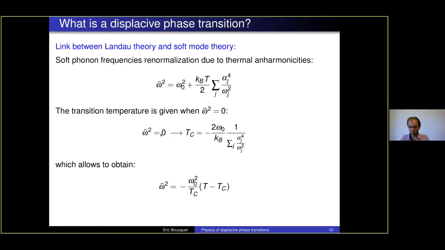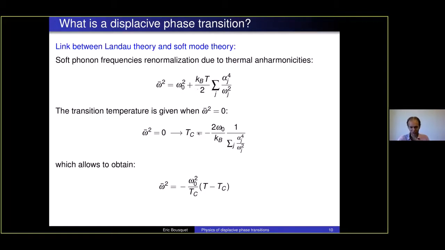And then this means that we solve that and we can extract the critical temperature out of that, if we suppose this type of interaction between the phonons. This means that we have an expression for the critical temperature that gives rise to omega squared equal to 0. So we have this expression here. It's really easy to solve.